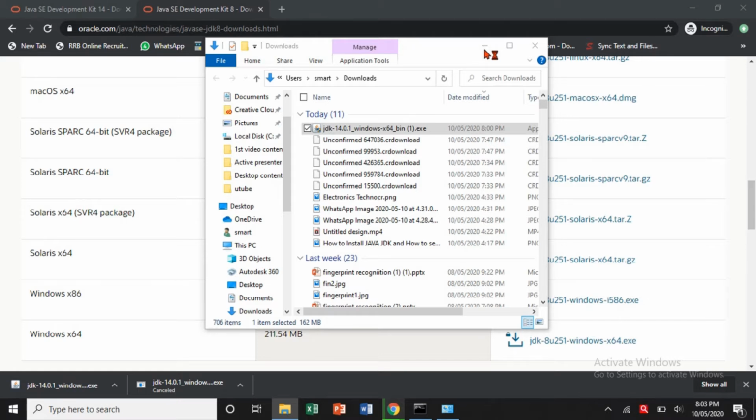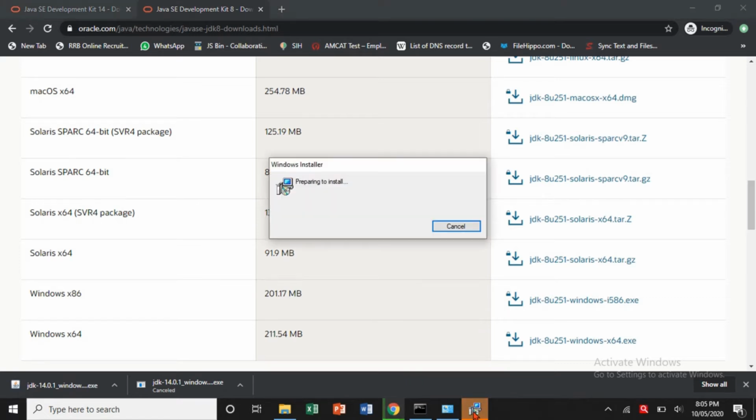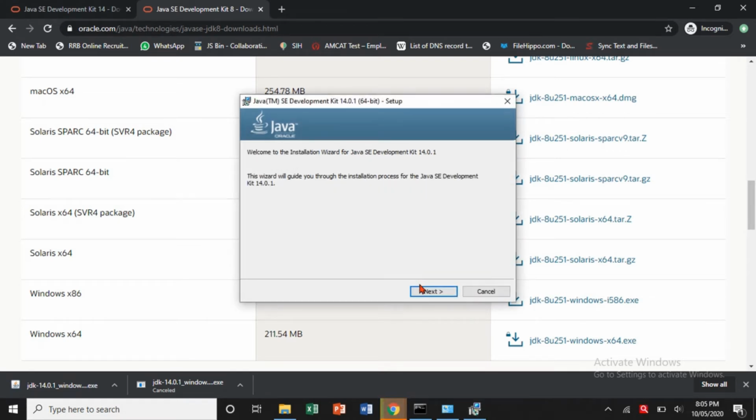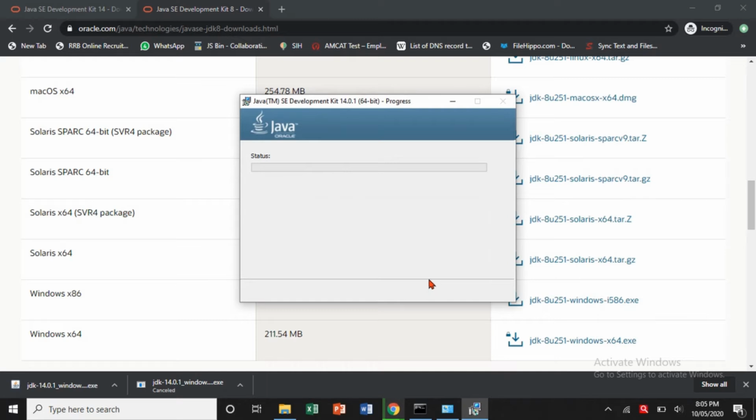Then it is very simple, you just have to click next, then again next, and it is showing a progress bar, so it has started installing.